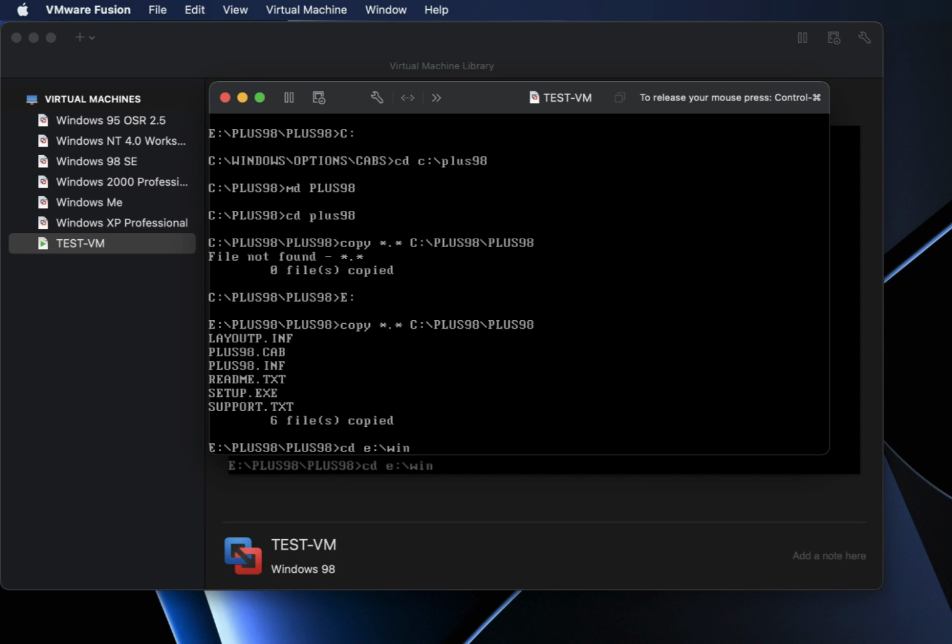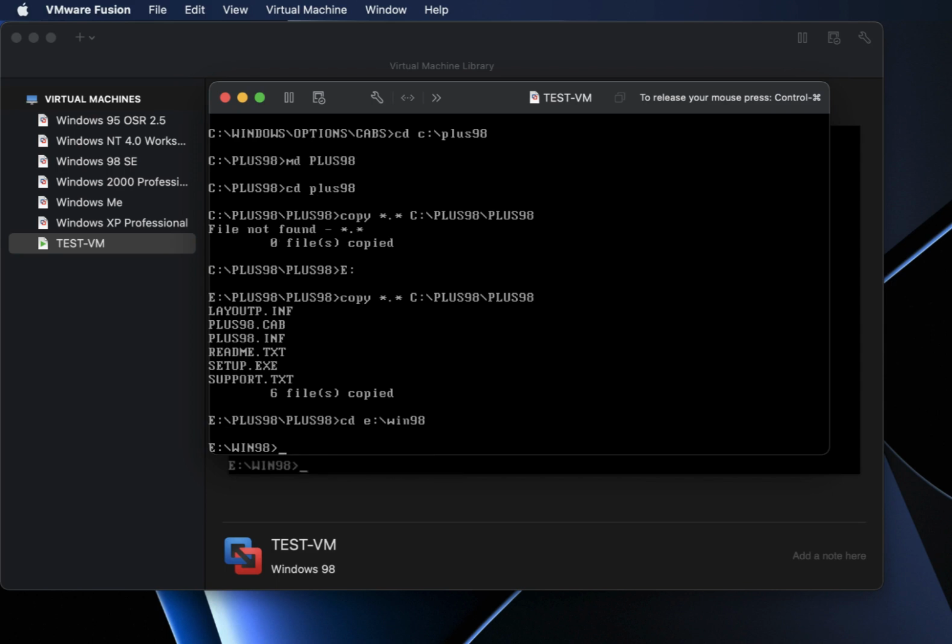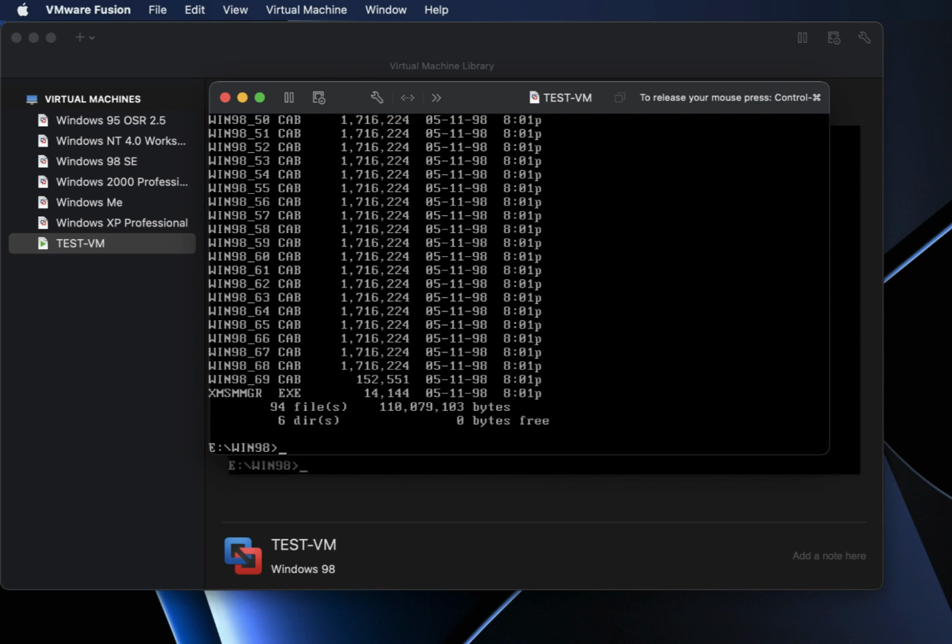So we're going to change into the Windows 98 folder by doing cd E:/ Win98. Before we copy, we're going to do a dir, so we make sure we're in the folder with all the cab files. We're going to do copy *.*